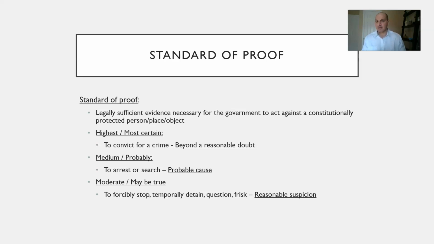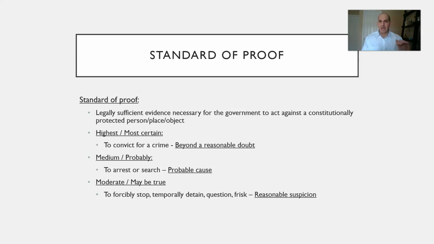This is something that may in fact be true, but it isn't necessarily true. It may in fact be false too. So based off the facts and circumstances, we think about this idea of reasonable suspicion, which is less than probable cause, right? This is the amount of evidence that the police need to forcibly stop somebody, to temporarily detain them, to question them, and to frisk them, okay, to frisk them. Now I'm going to also differentiate between a frisk and a search on the next slide, so that's really important,